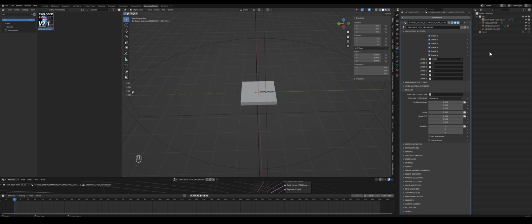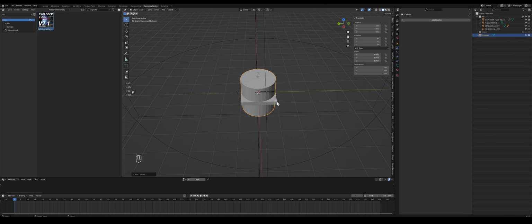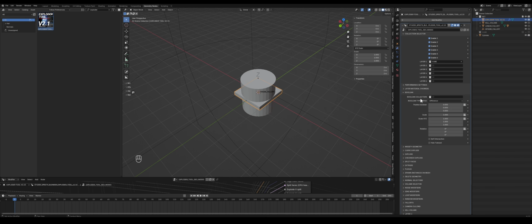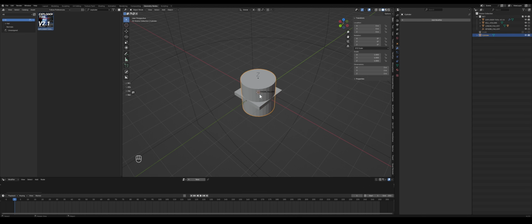So what are we going to use to cut through the mesh here? Let's add maybe a cylinder. That will be nice. Let's add it here. And as you can see, you need a Boolean collection. Explorer Tool works with collections, so you can use multiple items in that collection. So select the cylinder, new collection again,